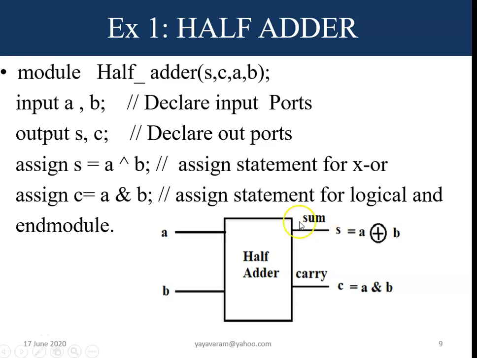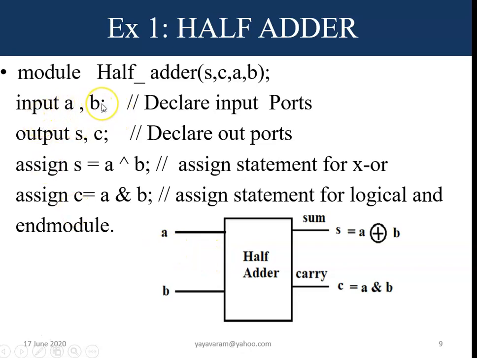Now the concept is clear. So how do you write the Verilog code for this? First thing, module as usual. Name of the module I have chosen here as half adder, and we know that within the brackets we represent the ports. Normally I told you earlier also, first we denote the outputs, then inputs. Of course I have also told you there is no strict rule on this. You can change this also, it doesn't matter. But here I have chosen S as the output, you can see sum, C means carry, A, B are inputs. Clearly we're able to see this. Now how to declare the input ports?